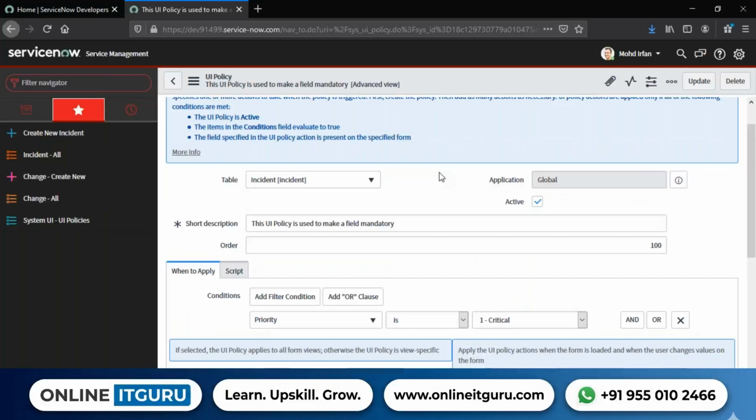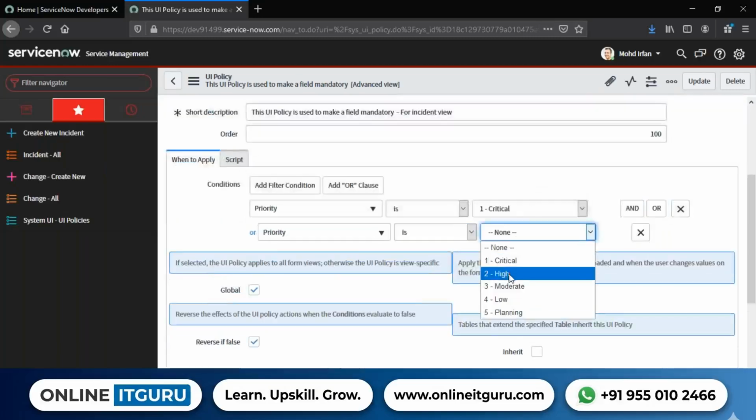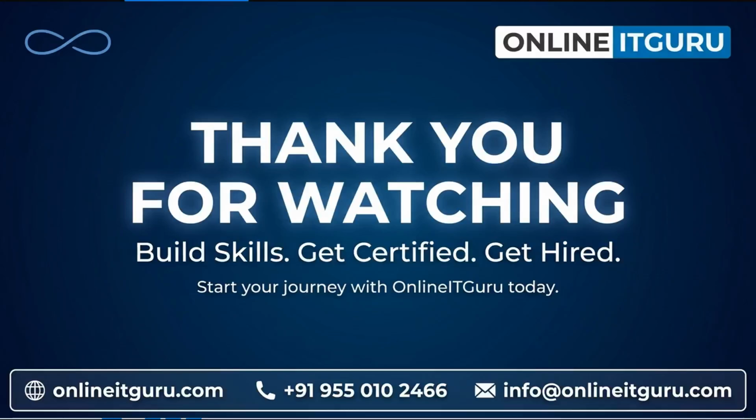Now all of the changes are done, but I need to make only minor changes in this specific record. That means I want to change the short description saying that it is for incident view, and I want to create another record with it and change one or two configurations. In that kind of scenario, I can say insert. So the record will be inserted and I will go